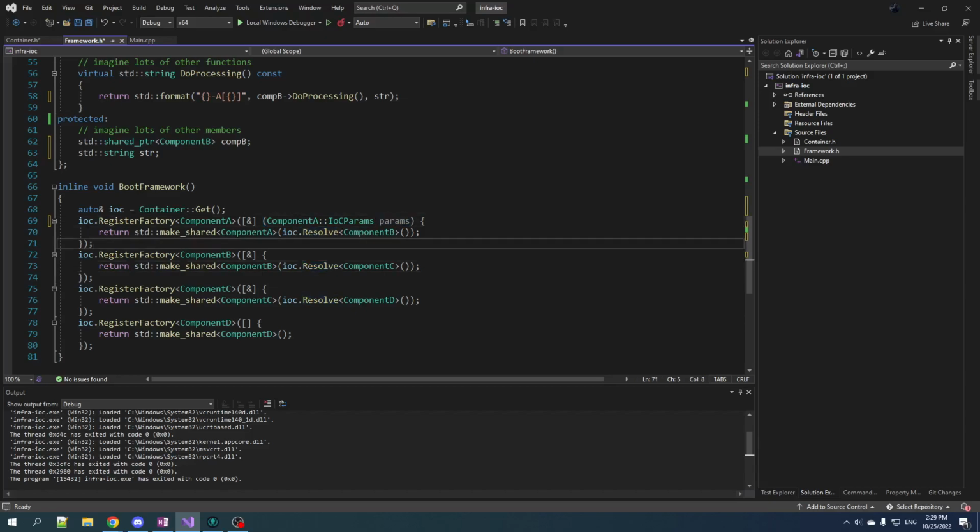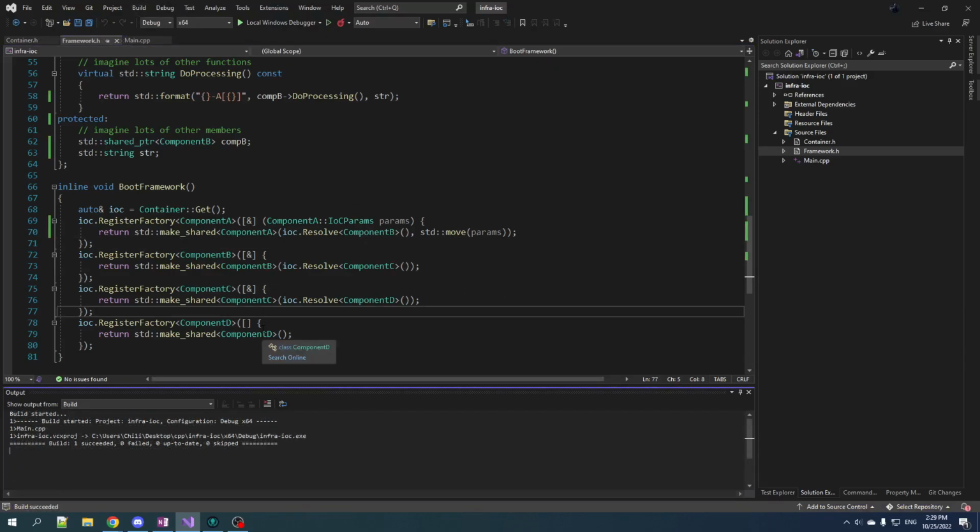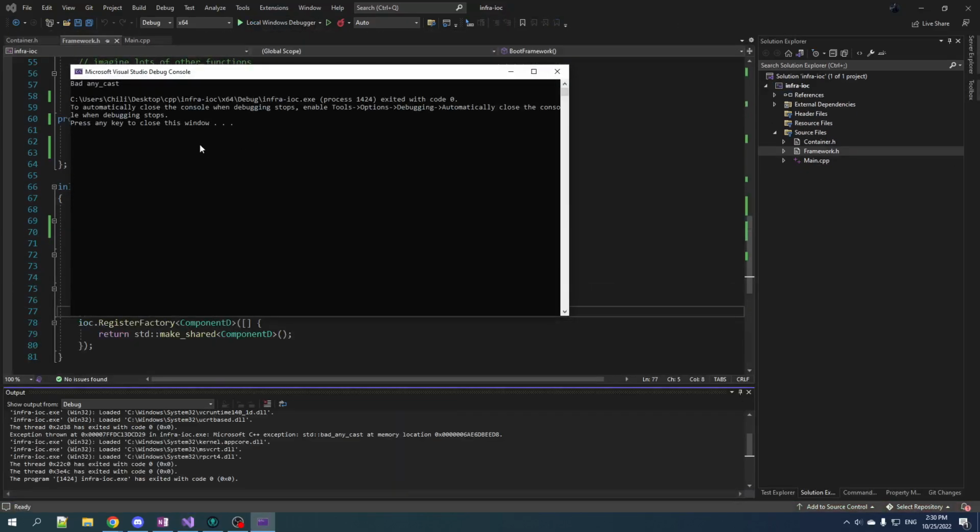And return, yeah, and then we do a std move params. So we'll take those params in and we will pass them on. Nope, not here. That's a mistake. As the second parameter to make shared. There. That should work. Let's build it. It did work. Beautiful. And now we run it and we get,